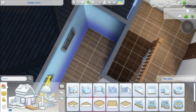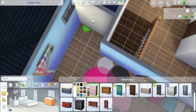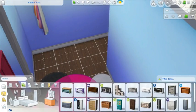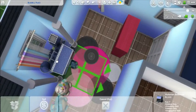So yeah, funny little story, that accidental little thing that happened there. But yeah, I just thought, you know, I wasn't a big fan of having a pink room when I was a kid because my favourite colour was blue. I think that could probably be why, but for Sims I tend to build a lot of pink rooms for